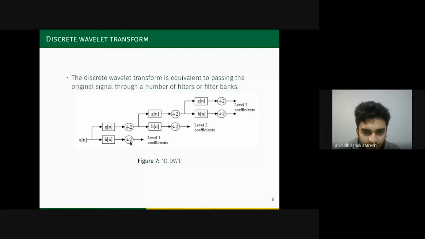Once you have the high frequency components, you want to scrutinize the lower frequency components more. So you compute the discrete wavelet transform on these lower frequency components once again, because that's also a signal with half the number of coefficients, into low and high frequency. You keep doing that to n number of levels, depending on your application, and that can be found out through some experiments which you perform. So this diagram represents an intuitive approach to how the discrete wavelet transform works through filter banks.